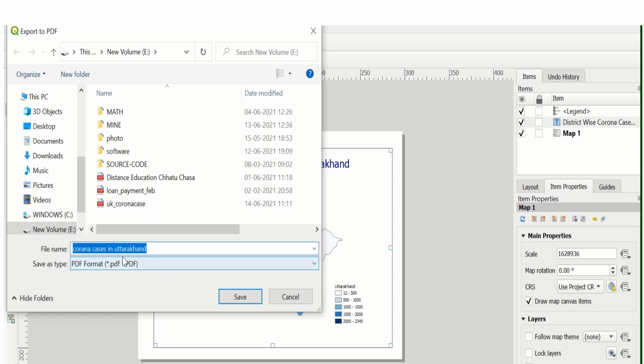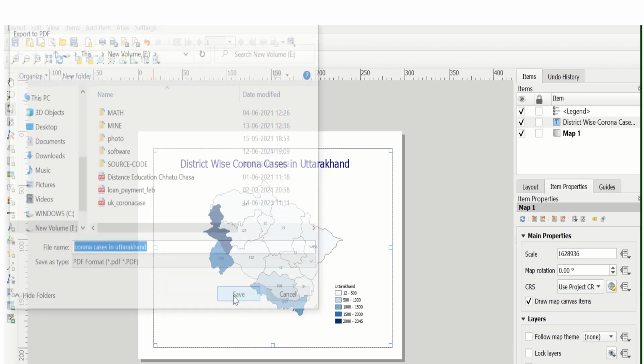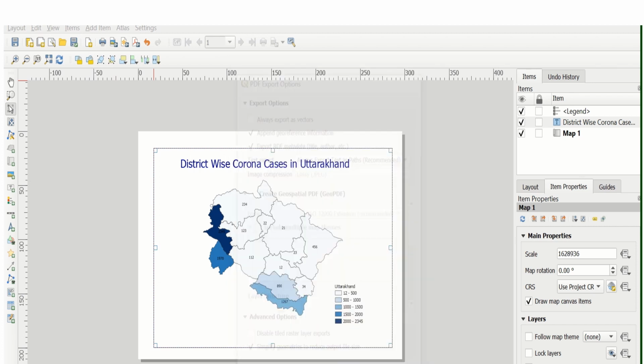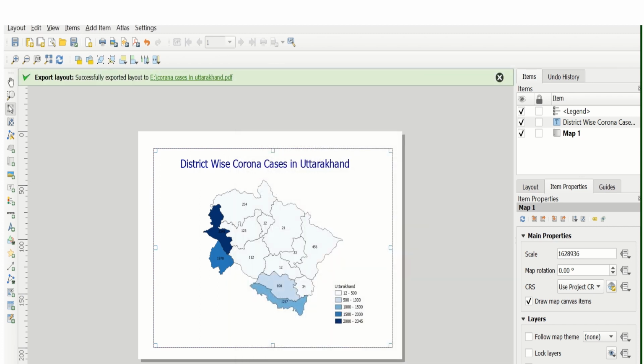Suppose we give the name Corona cases in Uttarakhand. It will be saved as a chart with the .pdf extension. We click on save. Similarly, if you want to export as an image, we have to click on this icon and it will be exported as an image file. So see, whether our expected file is stored or not.